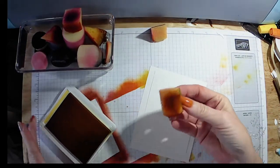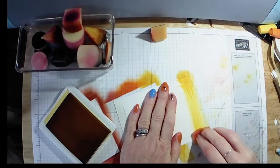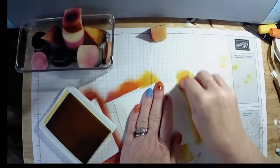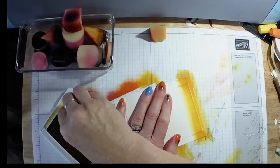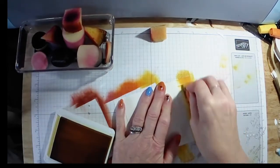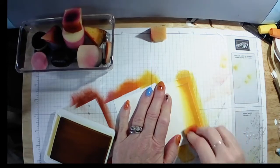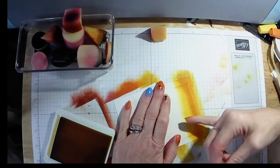You're just going to scrub it along your ink pad. You're going to take the very top and you're going to make sure you load that cardstock with ink and get it into those creases, and tons of it. I mean, you can just use as much as your little heart desires for this, and go down lightly so that you get this nice